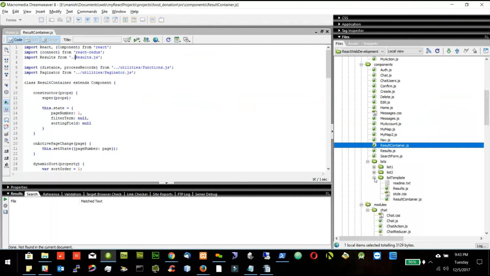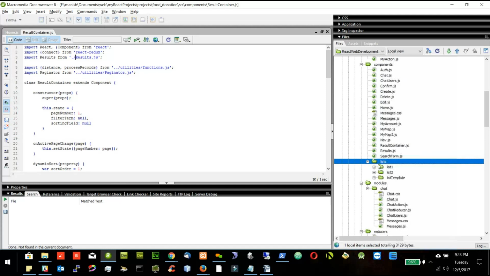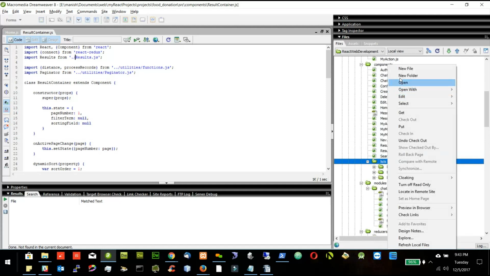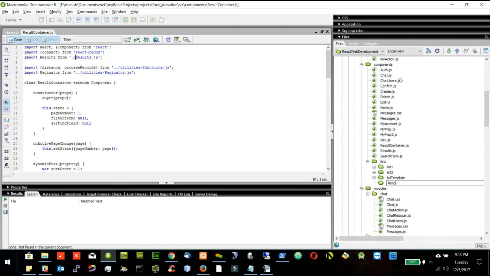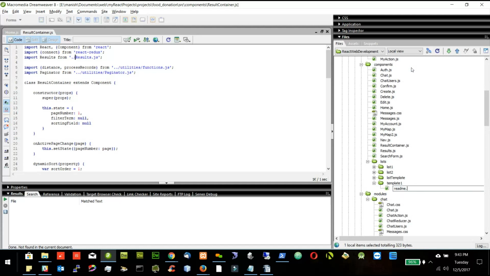So I created one folder called list folder. In this, I will put all the templates. Right now, I was trying with 3 templates, 2 templates, and this is only the skeleton. So let's create one more folder. So I first create a list folder. Inside that, we will create one folder, maybe I can say template 1. In this template, I will first put the readme file, readme.txt,